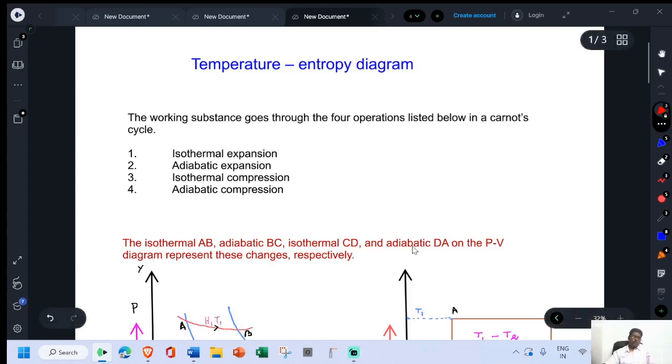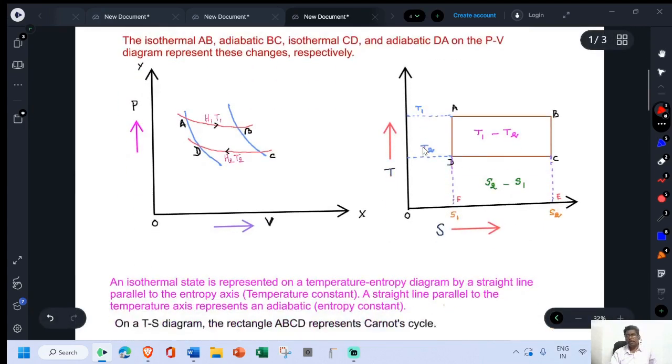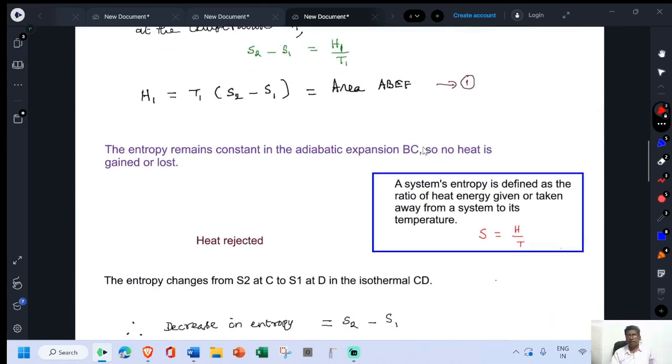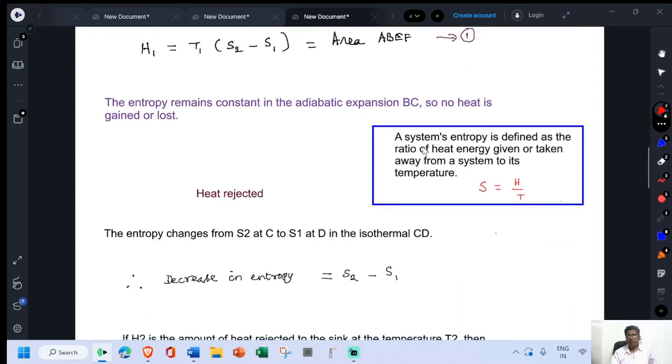In this presentation, I'll talk about the temperature entropy diagram. Before entering into this topic, we should know the meaning of the term entropy. The entropy measures disorder of the system. Entropy provides the value of unavailable energy, which means that the energy which cannot be converted into mechanical work is